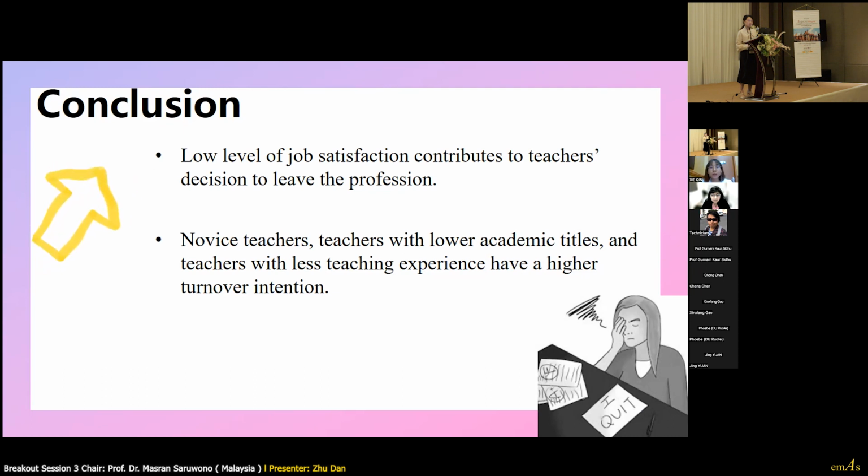Based on the results, the following 2 conclusions can be drawn. First, a low level of job satisfaction among teachers. Second, teachers with lower academic titles and teachers with less teaching experience have a higher turnover intention.